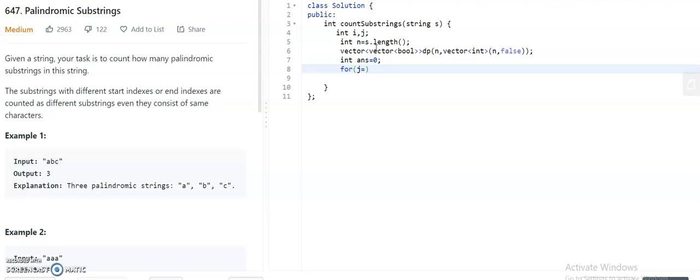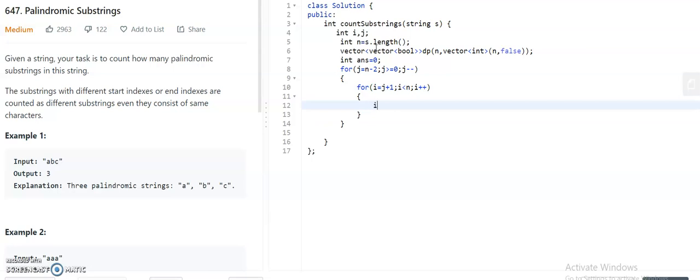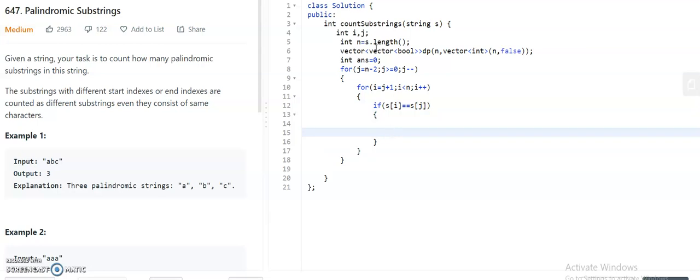Then for j equal to n minus 2, j greater than or equal to 0, j minus minus, for I equal to j plus 1, I less than n, I plus plus. If the characters s of I is equal to s of j, there will be 2 cases.